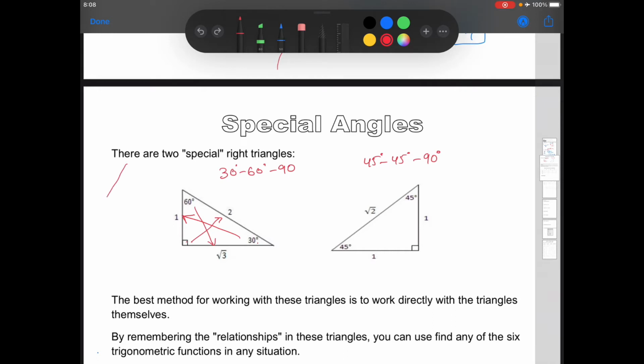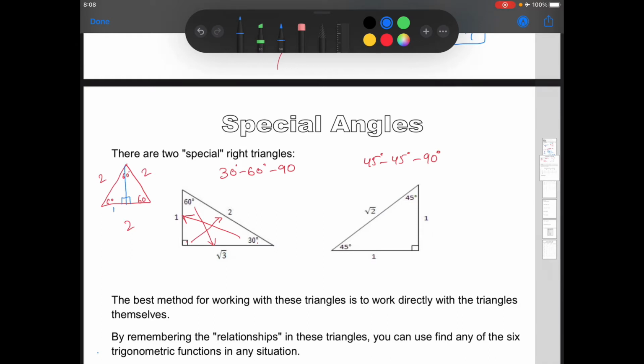I'm going to quickly review where these come from, in case you forget. If I had an equilateral triangle, each angle is 60. So what if I pick side 2? Let's say the length of each side is 2. Now if I drop a perpendicular,